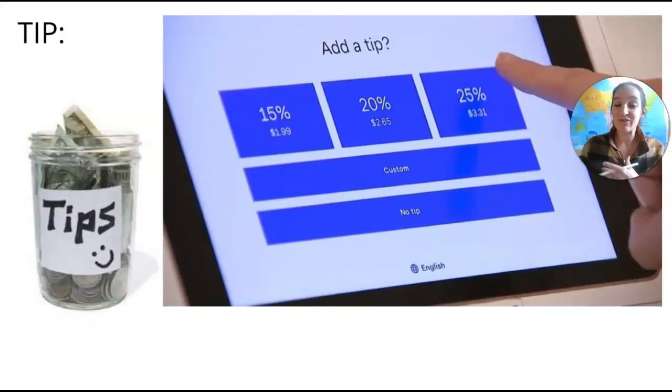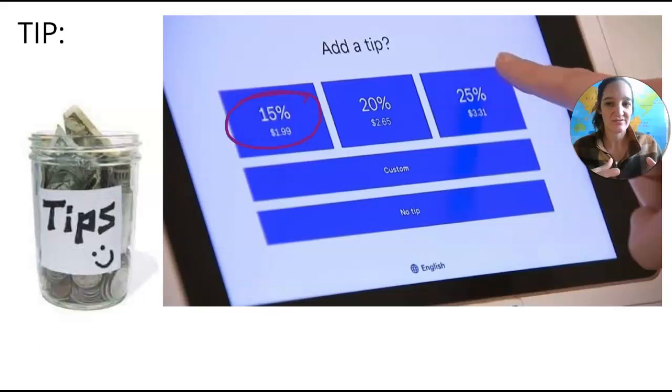And a tip, if you've ever eaten out somewhere where there's a waiter or some type of service that is offered to you, they often ask for a tip. And if you're at a nice restaurant or like one of these digital places, they will often tell you how big of a percent you could give and what amount that will be. So for example, whatever their subtotal was, if they take 15% of that total whole amount, then it will be $1.99. So you know that you would pay an additional $1.99 on top of whatever it was that you ordered,